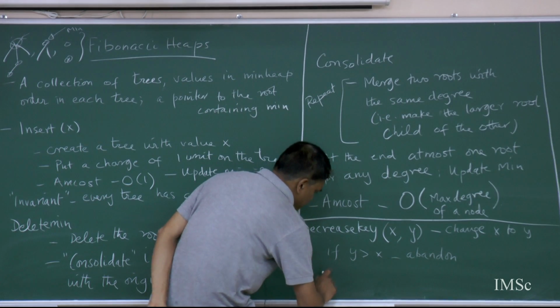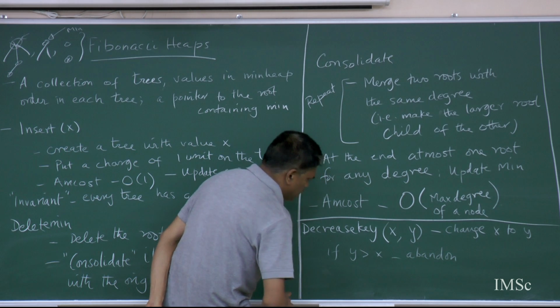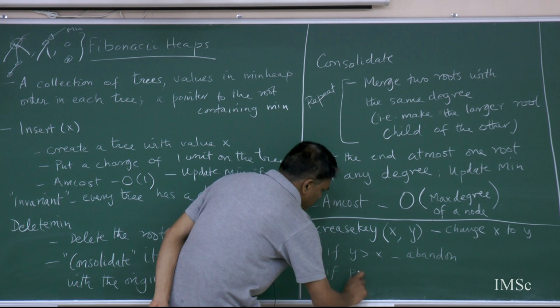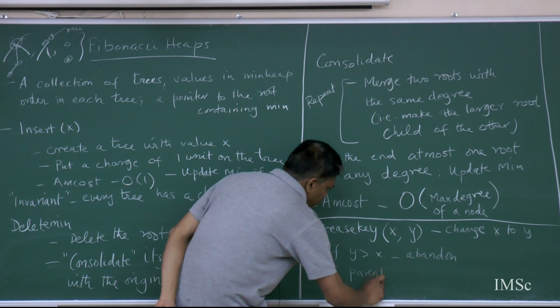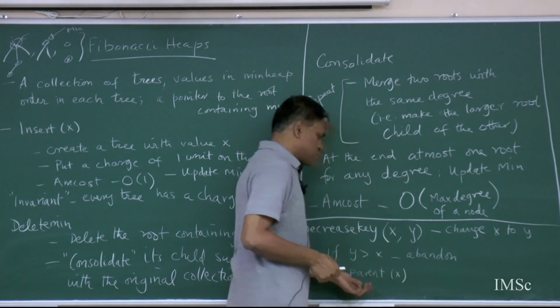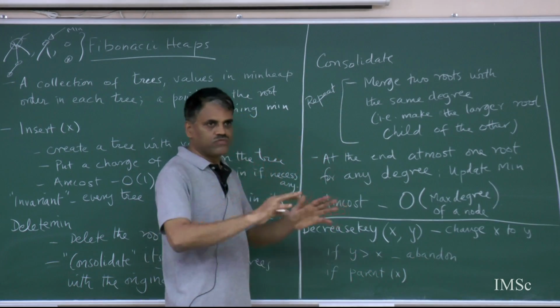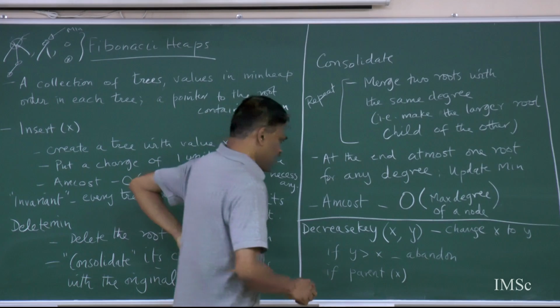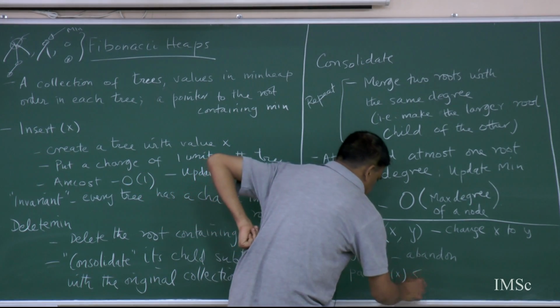Otherwise, if the value of the parent of x, I'm just going to refer to the parent node and the value, hopefully there is no confusion, the parent of this node is less than y,